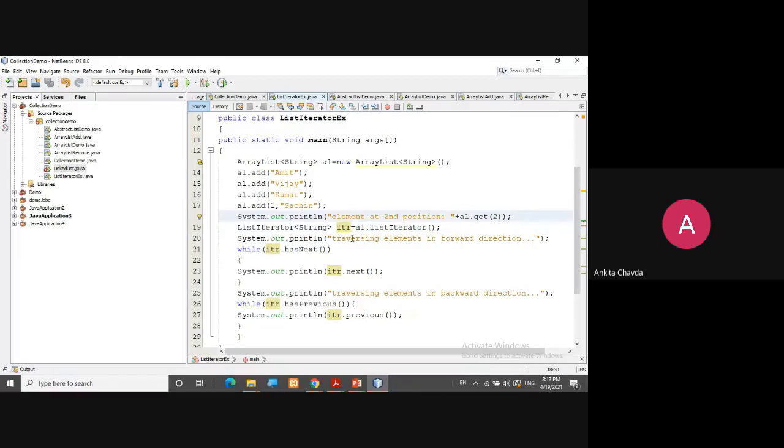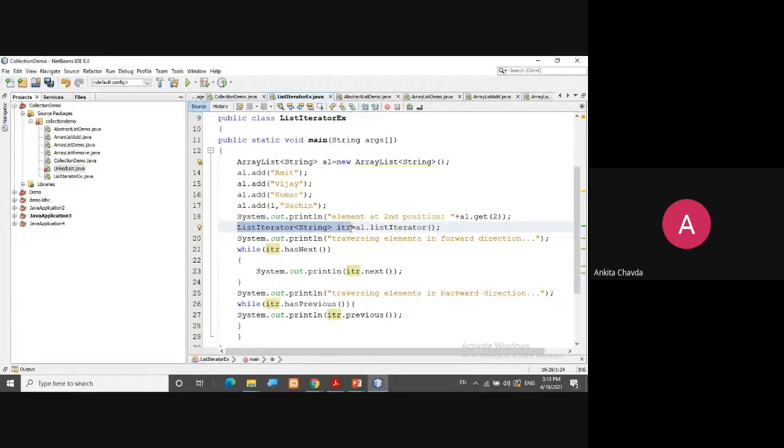Now traversing elements in forward direction. So we'll use a while loop here because hasNext method will return me a boolean, whether true or false, means elements are there or not. If elements are there, it means it will return true, and we can go inside this while loop. So itr, which is your iterator object, right? Or you can say the reference, because ListIterator is an interface.